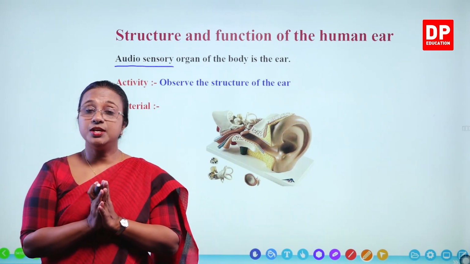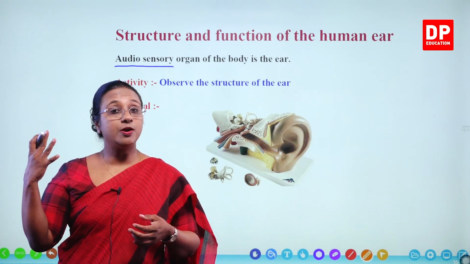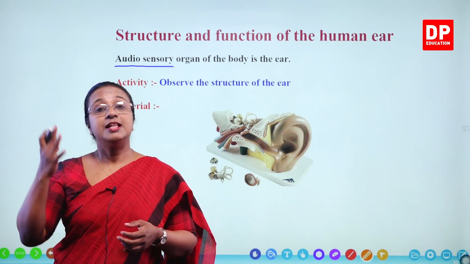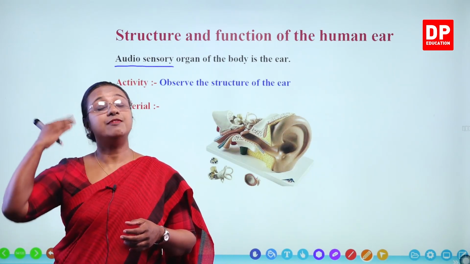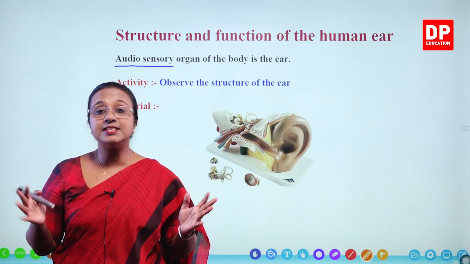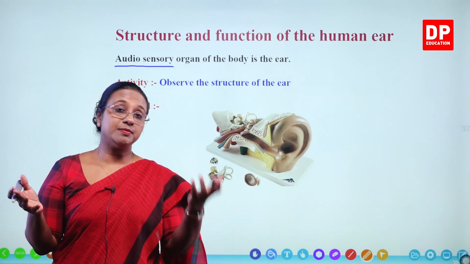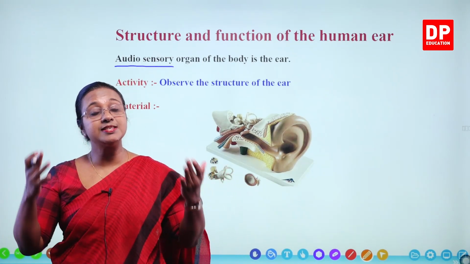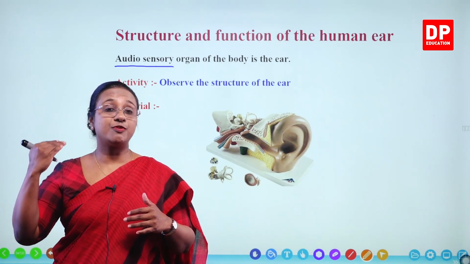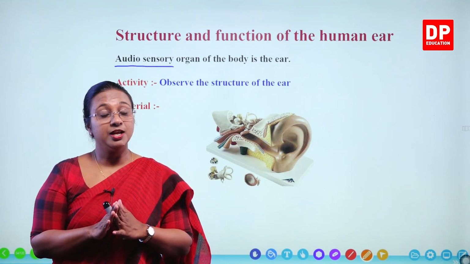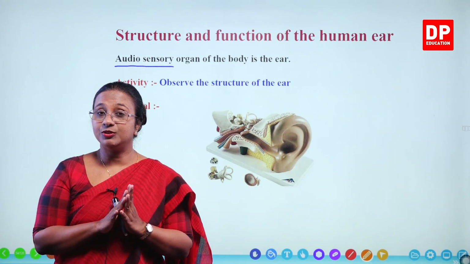So when we say audio sensory organ, it receives the sound energy, or what we call acoustic energy. That is received by the sensory organ, the ear, and from there information is taken to the brain, where we understand what another person is talking, or what type of noise or music there is, whatever the sound is. We can interpret it and understand it because the information from the ear is taken to the brain. So as you already know, the sensory organs are always connected to the brain.